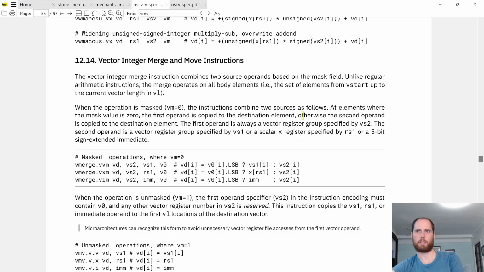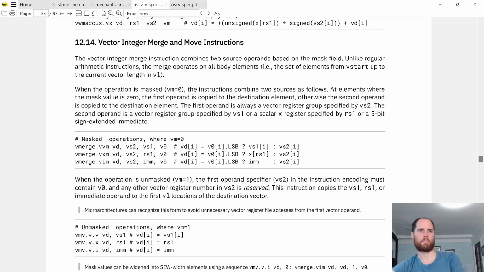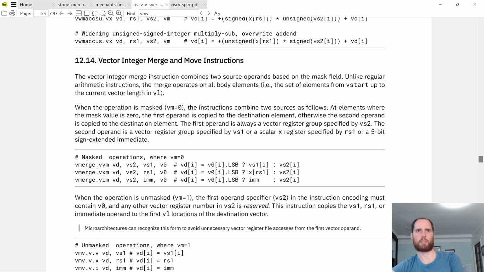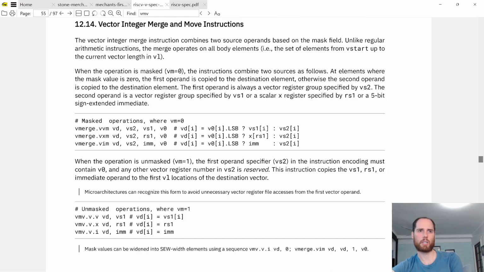Otherwise, the second operand is copied to the destination element. Yeah, I don't see how that's applicable here. Okay, that's why VM's 1, since it's not applicable. Okay. But for these ones here,